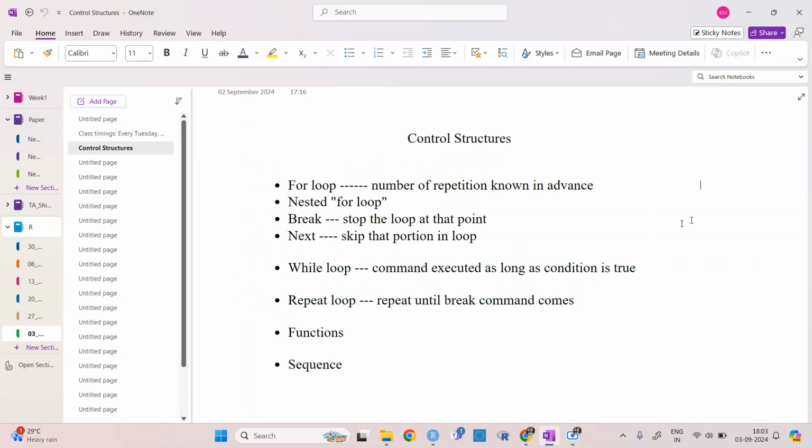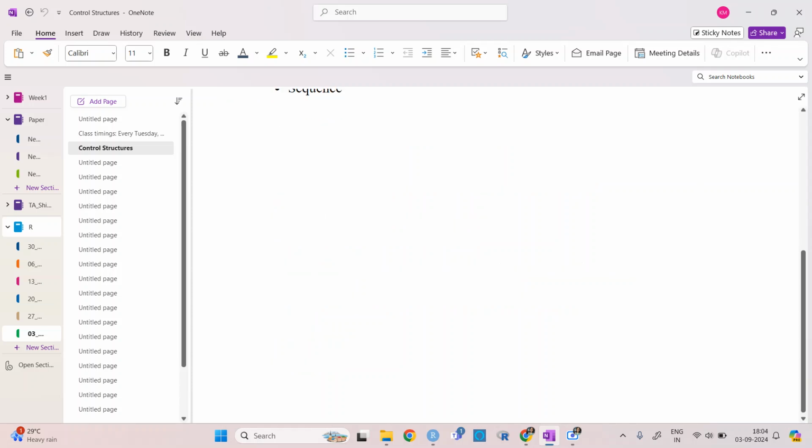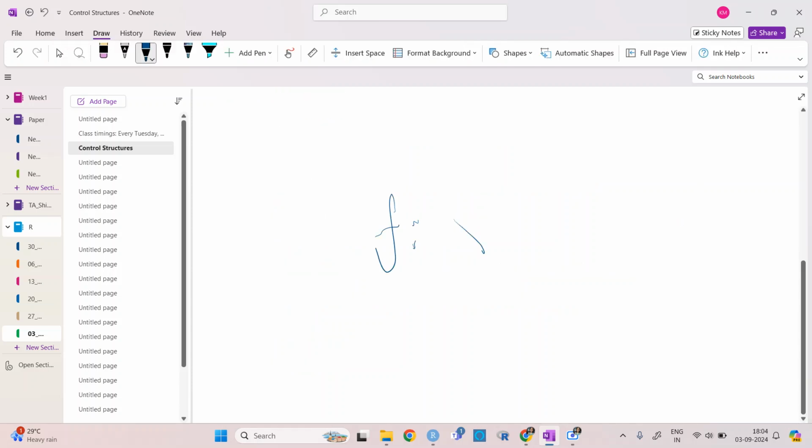For today's class, we will go through the control structures, basically the loops, and in the last we will go through functions, how we can define functions, because like sum, product, square root, anything in which we give some kind of value and it gives some result to us. A function is basically x to y. We are giving something and it is giving us some other value.